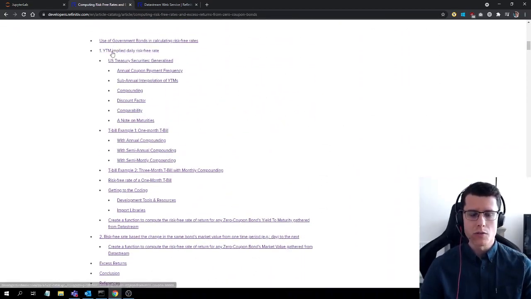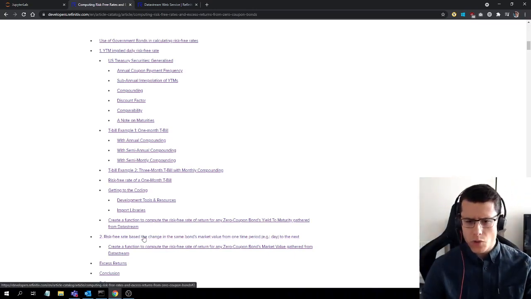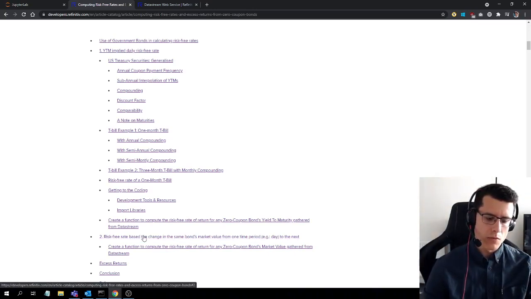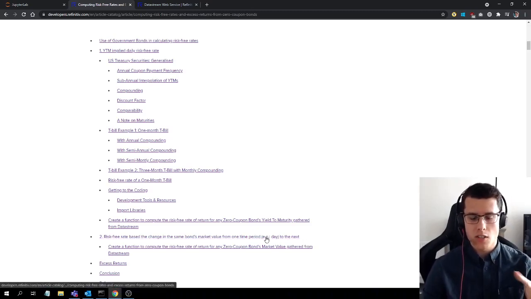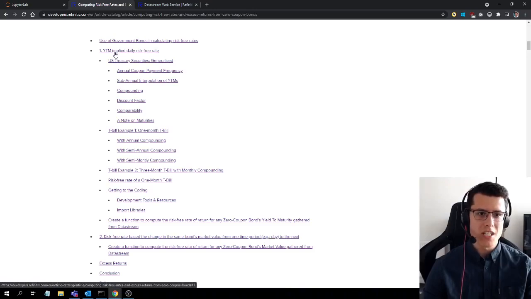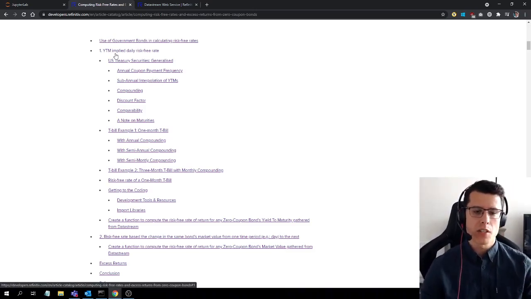And I've given 2 different ways of computing them. One of them is the lambda way to do it, the easy way to do it. The other one is a little bit more tricky, and I actually don't think it is too good to use either, but it is an interesting one just to look at as a case study. But I got even more interested because the reason I did this second one was because I wanted something more realistic. The first way to compute yield to maturities of bonds is quite academic and theoretical, and I'm going to be talking about this. And I've decided to do something much more down to earth and put ourselves in the